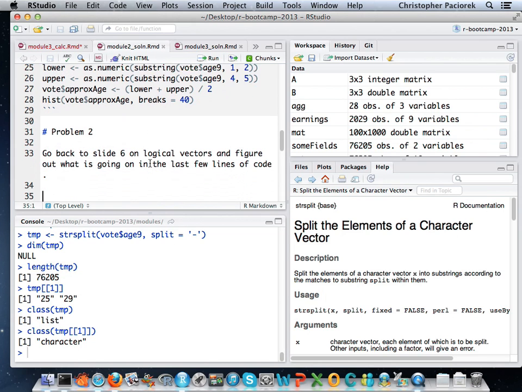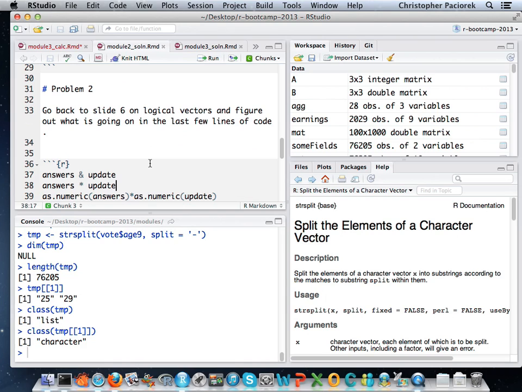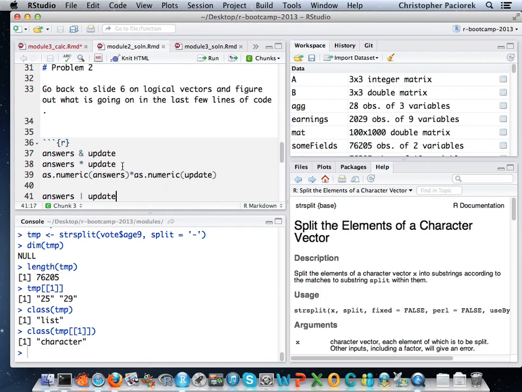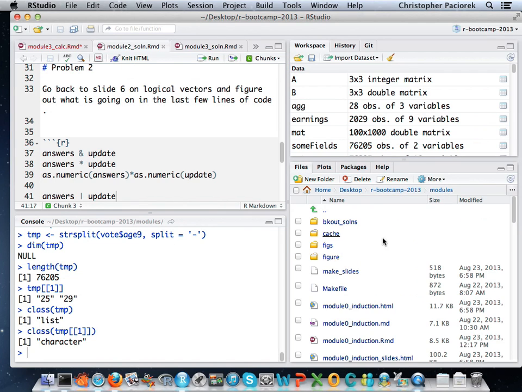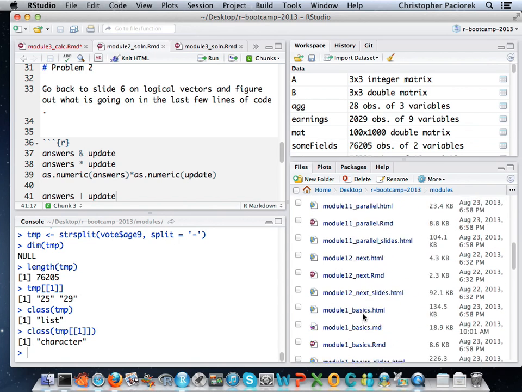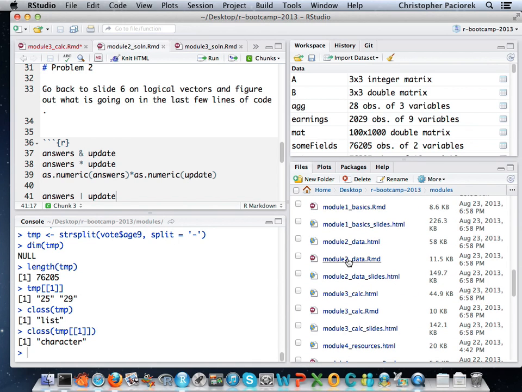Okay, so let's look at problem 2. I said go back to slide 6 on logical vectors and figure out what is going on in the last few lines of code. So let's go back to that. Looks like I don't have module 2 open at the moment, so let me open that.